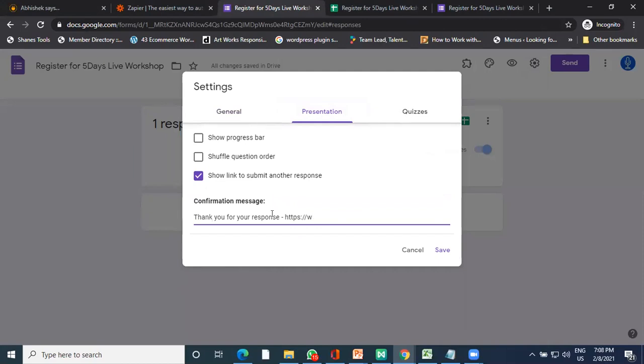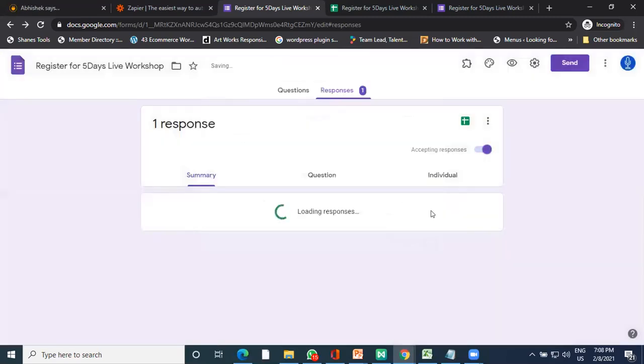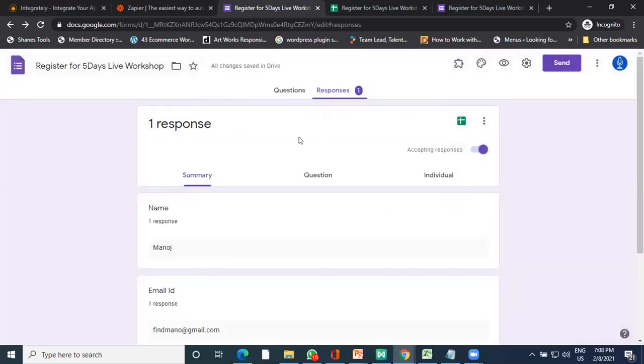Say I'm doing a workshop, so workshop.getacademypro.com. Okay, so if you put this in presentation and save it, it automatically shows after the form has been submitted. Okay, so this is what we do in forms. I hope it is clear.